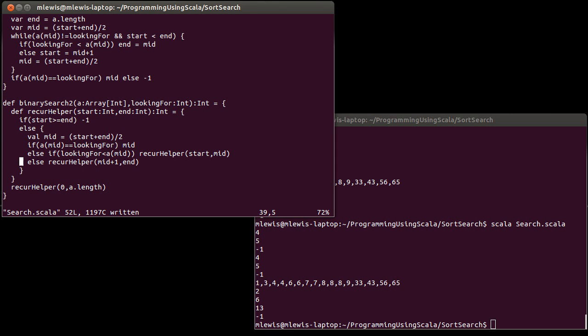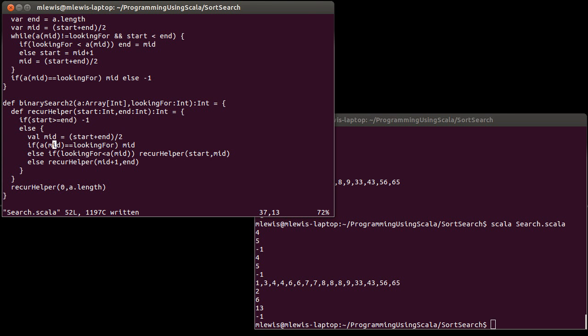As far as how clean the logic is, this is an issue of preference. I would argue that the logic on the recursive helper is a little bit simpler than the logic on the while loop. If nothing else, I can say I didn't screw this one up the first time I wrote it, whereas in my while loop I had the conditions inverted. So that's something you can decide for yourself, but this is an alternate way of writing this. So the next question becomes, how efficient